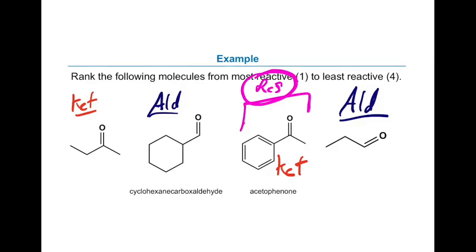Why might the ring and everything else hurt? Sterics. I'm a big honking ring. I'm not letting anybody nearby. This center here is partly shielded. So reactivity favors both the electronics and the lack of stabilization or sterics. So this guy, oops, that's going to be number 1, which means second aldehyde is number 2. Okay, now you've got 2 ketones. Ketone 1 versus ketone 3. Which one is more reactive?